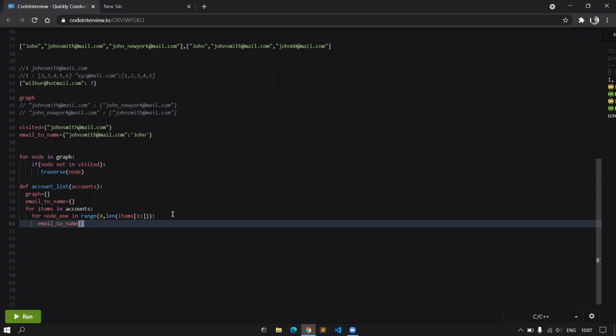So email to name, the key would be the node one, and then the value would be, let's say if this already existed, then we don't just copy the previous value. If it does not exist, then we take the current item. So it is items of 0.